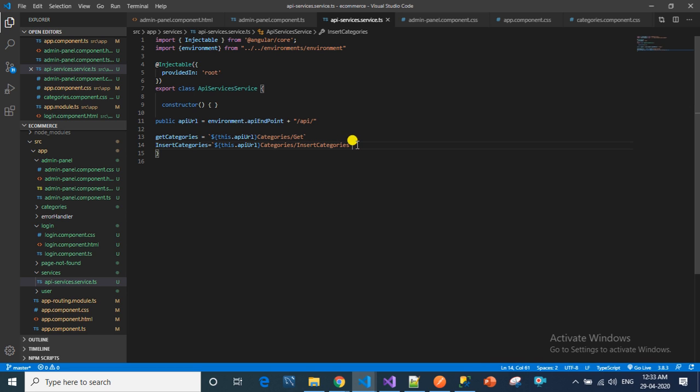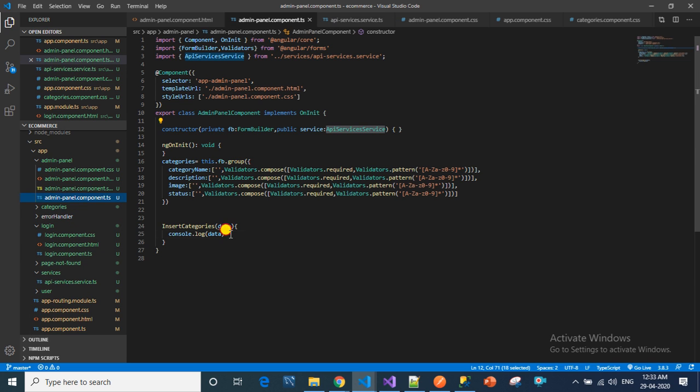Now once this is done, you have to go to admin component.ts, and here we have to do HTTP post here. So before doing that, we have to import HTTP client here.